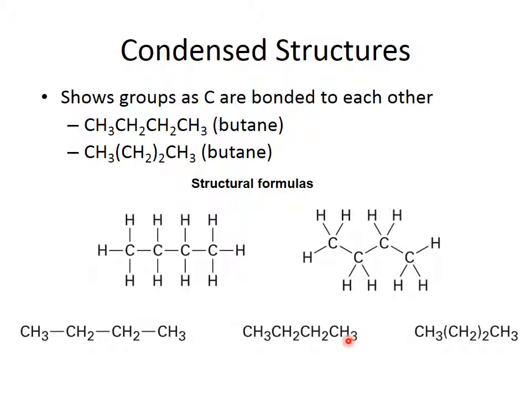You can also smash them all together so you don't show the bonds. That's valid also. Another way that we don't do unless we have a really long chain, we usually don't do it for butane, but we'll do it for when we have like 10 carbons. We'll write the end, CH3, and then we'll write all the carbons in between that have 2 hydrogens attached, and we'll just say how many there are strung together, and then end with the CH3. So you will see this